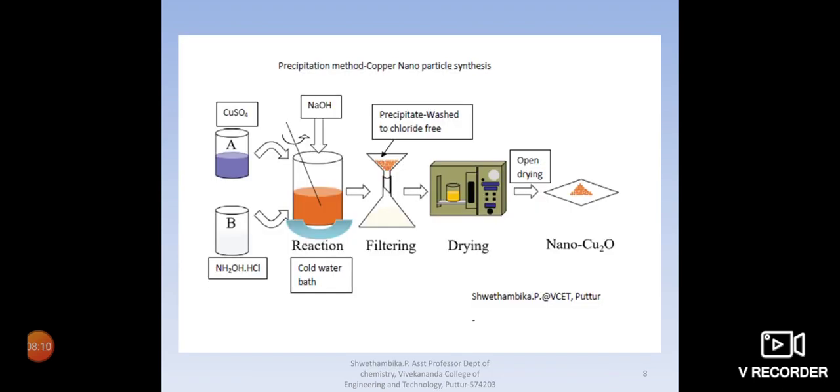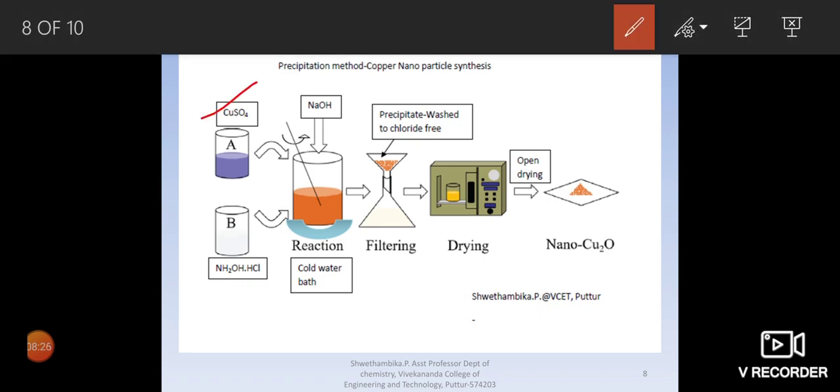So here I have tried it with a diagram so that you can understand the concept better. There was a presentation for a general precipitation method which I have made case specific for copper oxide. So the first reagent is copper sulfate, you can make out in the diagram, this one, and then the second one is hydroxylamine hydrochloride. The two must be mixed, and to this solution you must keep a continuous swirling. Also we must keep a cold water bath. Under that condition the third reagent, sodium hydroxide, is added, and we get a precipitation of copper oxide nanoparticle.